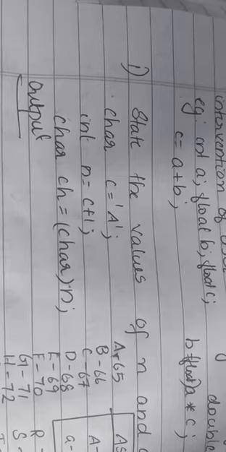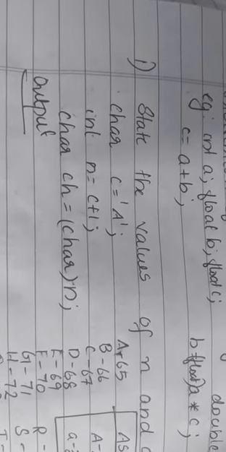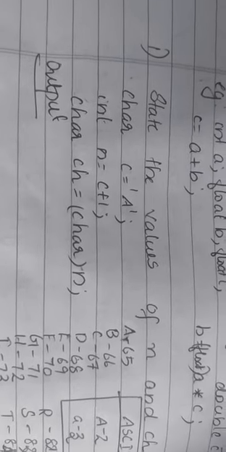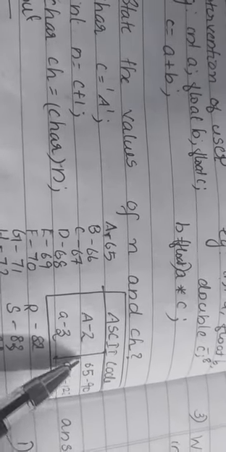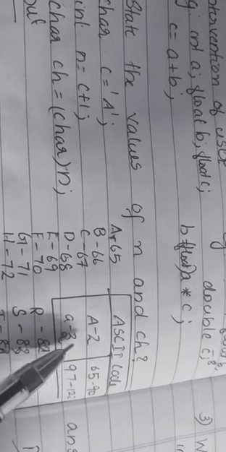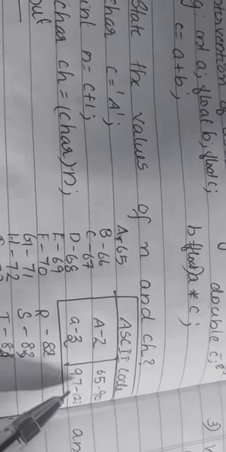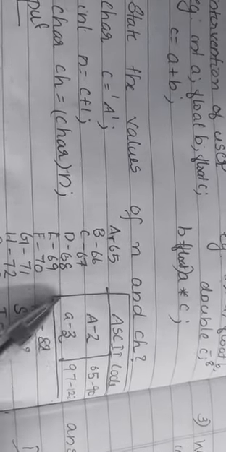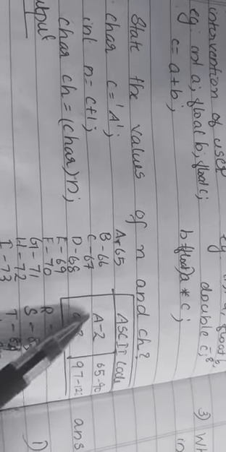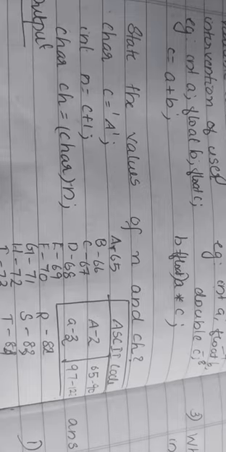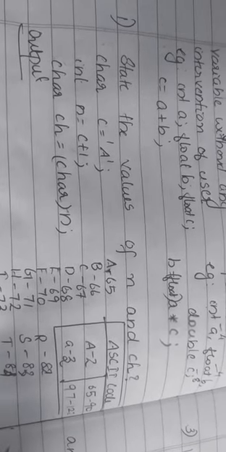So in order to do this type of program, you want to convert this letter to its corresponding ASCII value, so you should be aware of the ASCII values. We have already studied the ASCII value in your previous classes, isn't it? The ASCII code is like this: from capital A to Z, the values range from 65 to 90. Then small letter a to z, the values range from 97 to 122. When this type of question is asked, you should be aware of the ASCII codes of the characters for both capital and small letters.